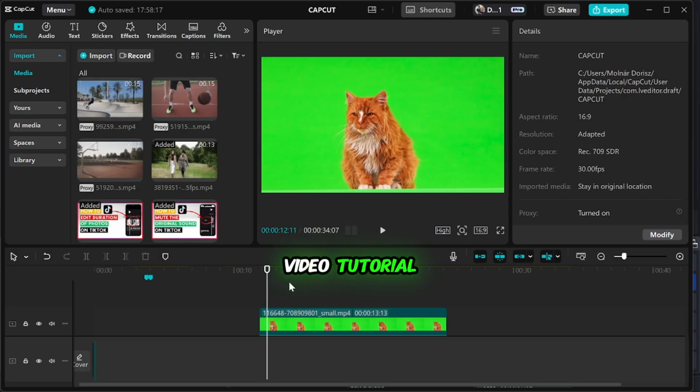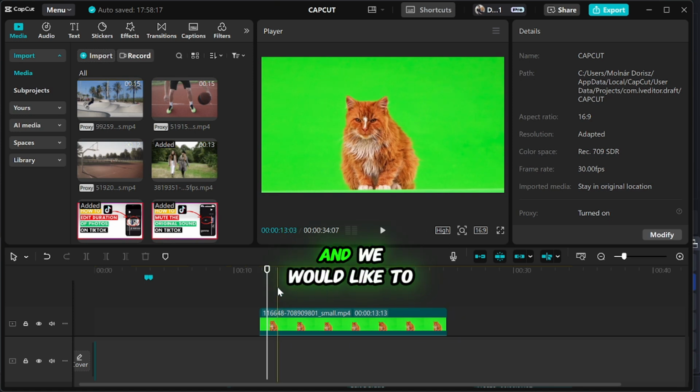So hey guys, in this video tutorial I'm going to show you how to edit green screen in CapCut. So first we have this green screen clip right here, and we would like to put the background behind the cat. So what we need to do to be able to do that, you just click on the green screen